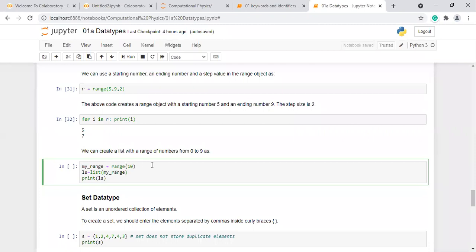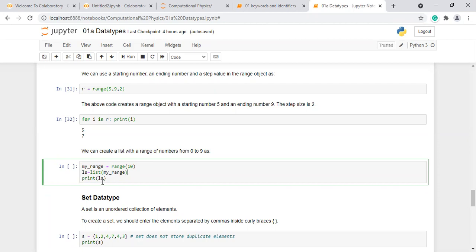What does the first line do? The first line creates a range object, my_range. This range object is converted by the list function, list of my_range, and that list is stored in the variable ls.